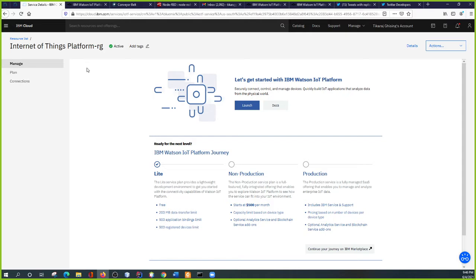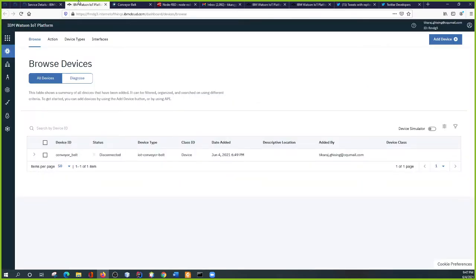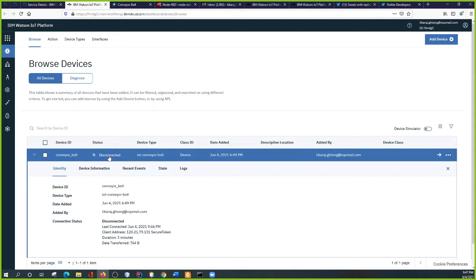Here, we have used the IoT platform in order to create a conveyor belt and add functionalities to it by using Node-RED. First of all, we launched the dashboard of the IoT, which is like this, and then we add a device by using this option. Right now, I have already added a conveyor belt, and the status of this is disconnected because I have not